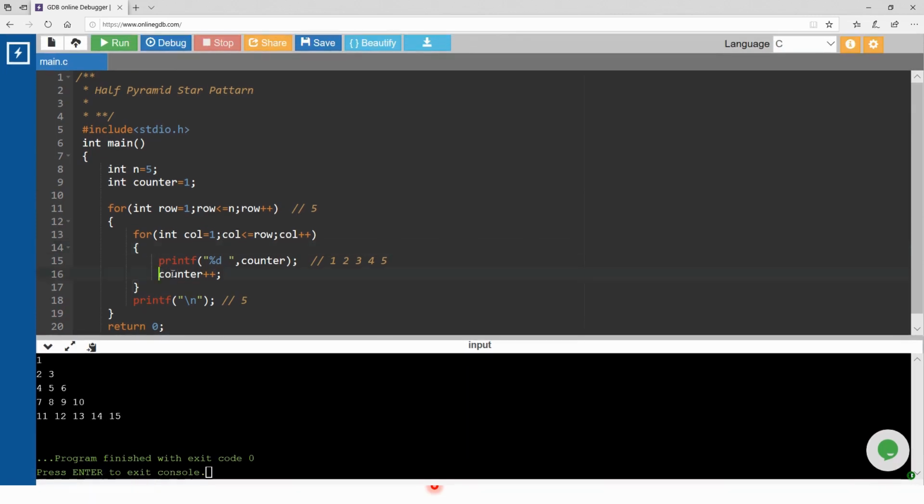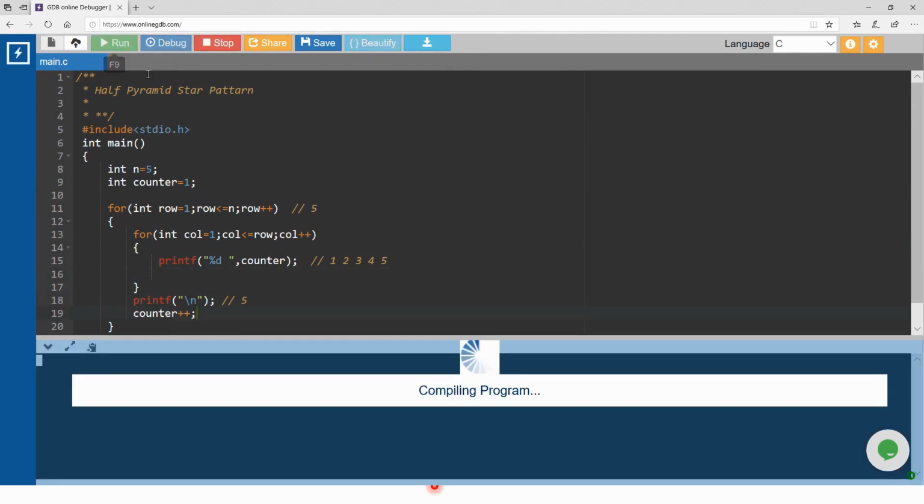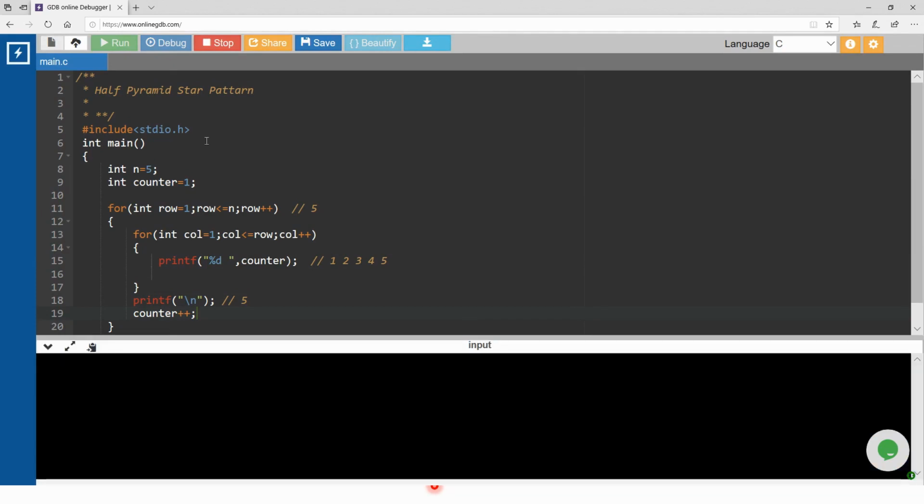So if I keep this down, what it will print for every row, sorry, for a single row it will have the same value. Then the next row it will increment 1 2 2 2 3 3. See, this is the format. So we have to keep it inside the inner loop so that it will increment.